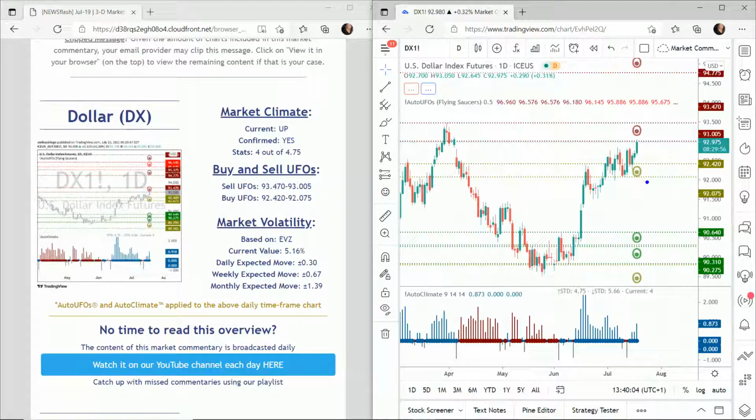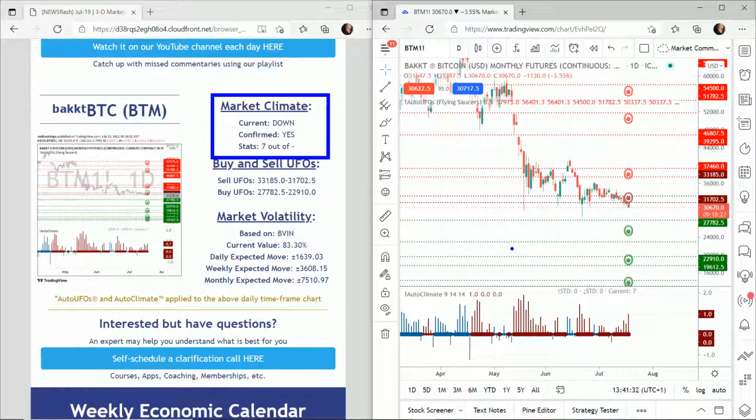Let's move on to buy orders here at 92.42 to 92. That's what we expect sell orders to do, is push